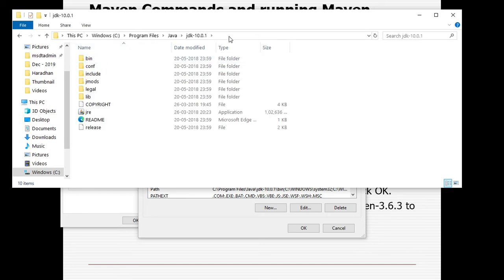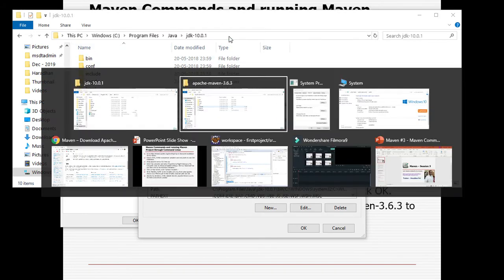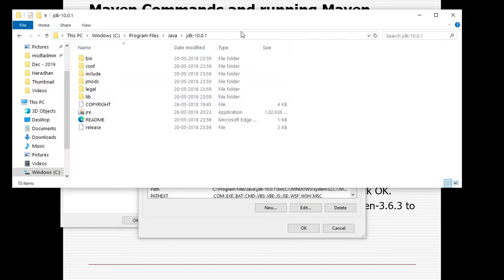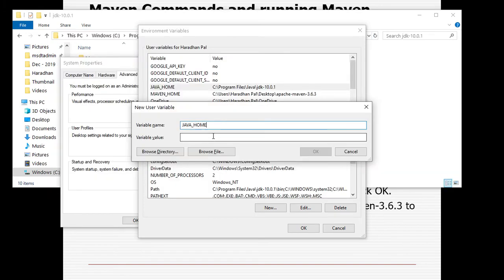You need to give the path of the JDK folder and add it here as JAVA_HOME, and give the value till the JDK folder, and click OK. I already added it here, so I am not adding Java home again.